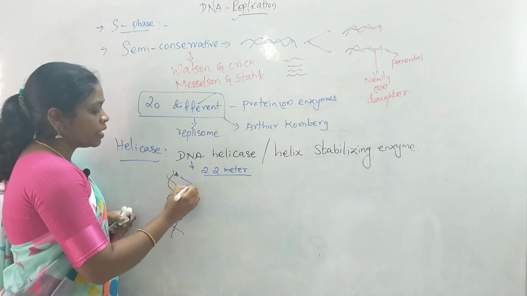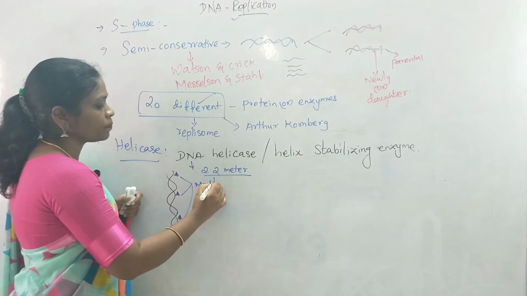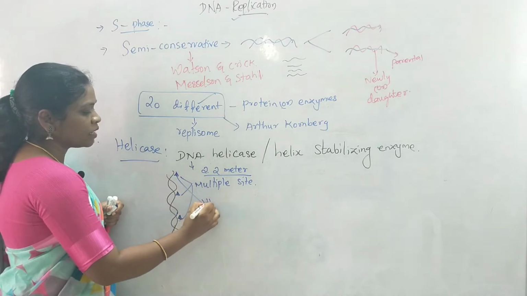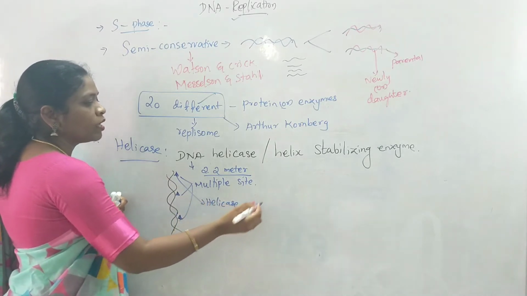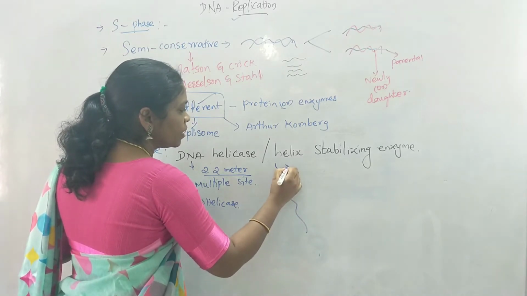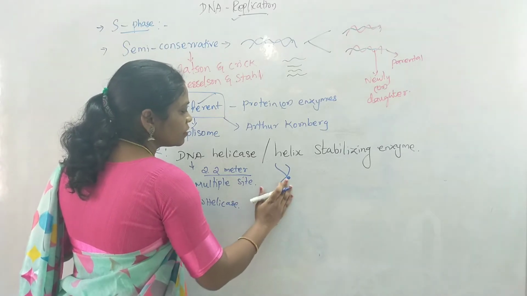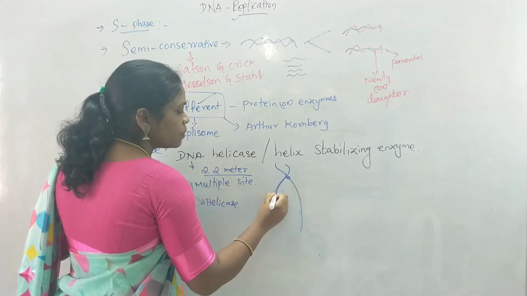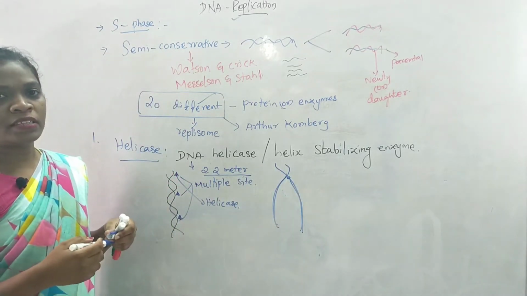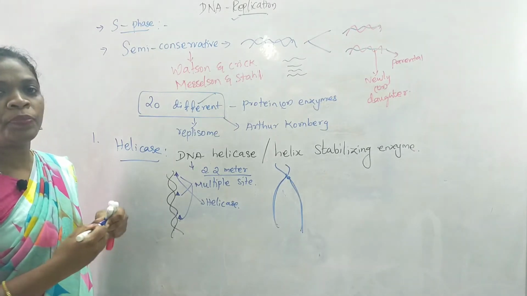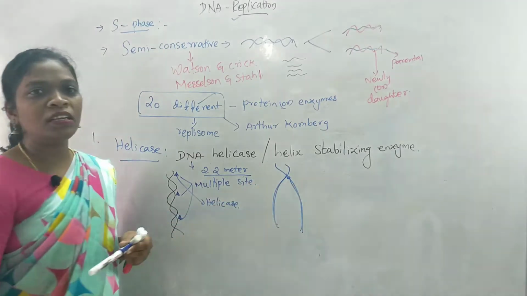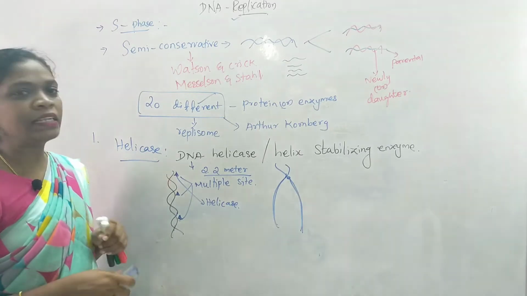So we have multiple sites for replication, and in all these multiple sites you can find the enzyme helicase. What will this helicase enzyme do? This helicase enzyme will unwind the DNA strands. Imagine the helicase enzyme is present here. From here it unwinds the DNA segment. It helps in unwinding the DNA segment to copy the nucleotides on the newly synthesized strand. So the enzyme helicase will help in separating the two DNA strands for copying the nucleotides on the new DNA strand. So this is the function of the enzyme helicase.